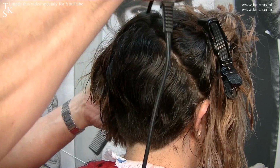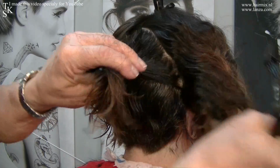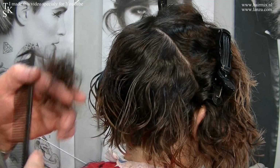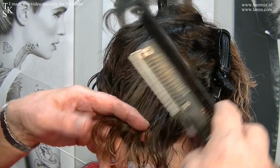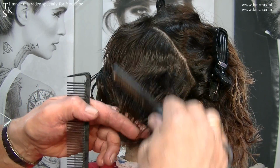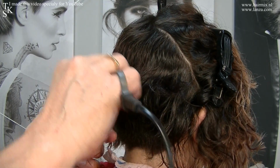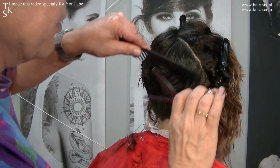Take a new line on it. Do this on both sides. Again, lay the line on the hair I just cut, and make it a little bit jumpy on top, so I create some volume also. This I will keep doing till I get to the front. Now I'm going to thin it out a little bit